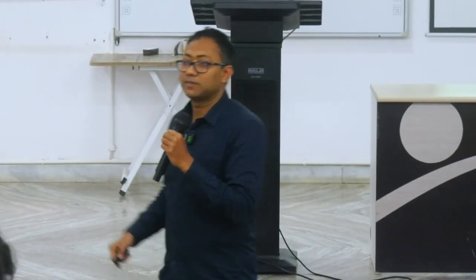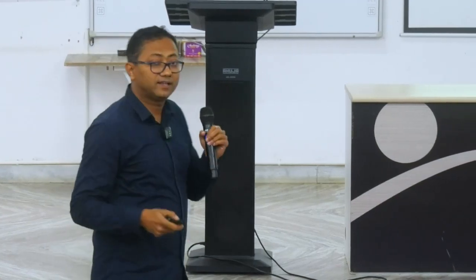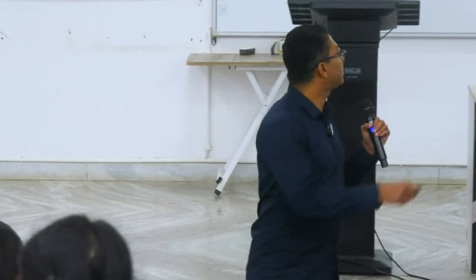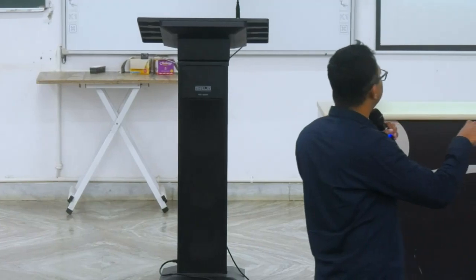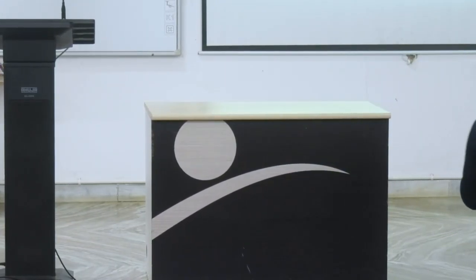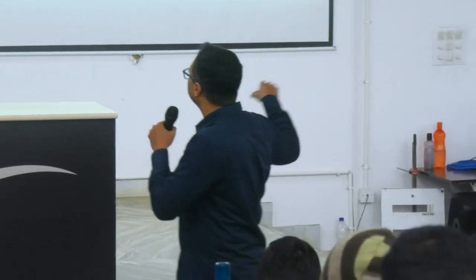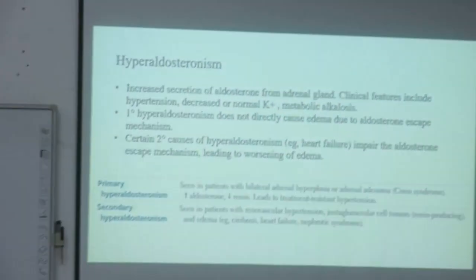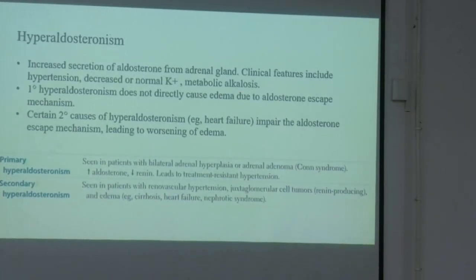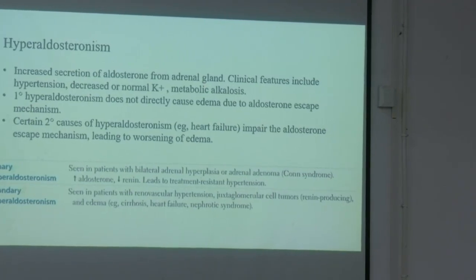Here there will be edema, okay? Here there will be edema because there is no atrial natriuretic peptide effect. In case of primary hyperaldosteronism there is atrial natriuretic peptide, but in secondary hyperaldosteronism there is no aldosterone escape phenomenon. As a result there will be edema. So this is the point where you can differentiate between primary hyperaldosteronism and secondary hyperaldosteronism. Okay, very conceptual. But you study, and if you do not understand, you get back to me, right? Okay, thank you. That's all.